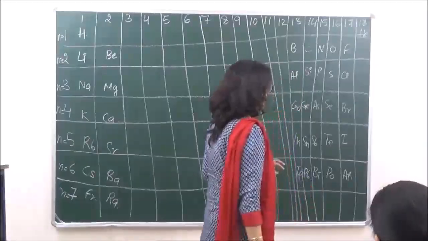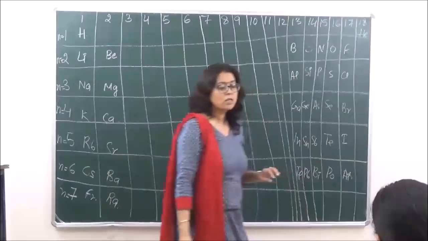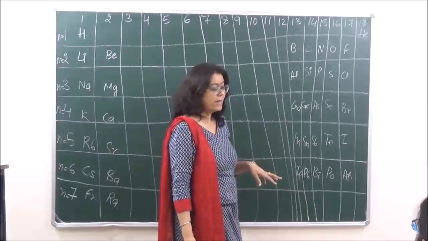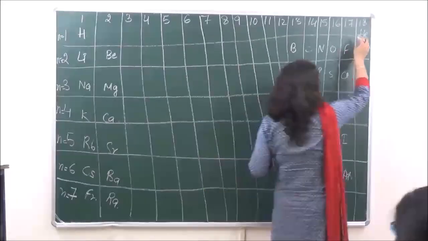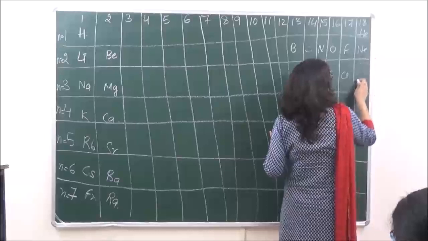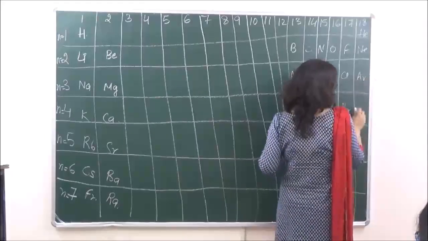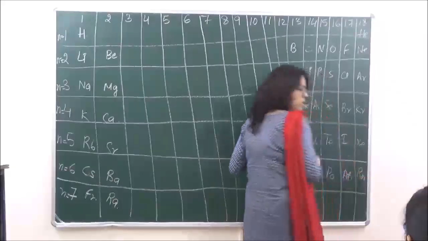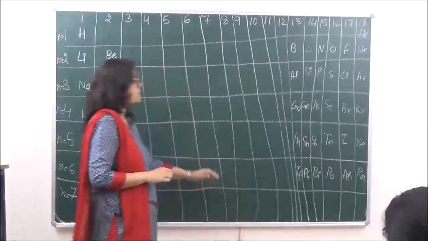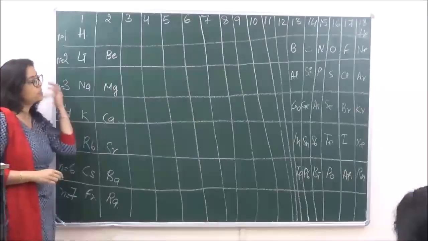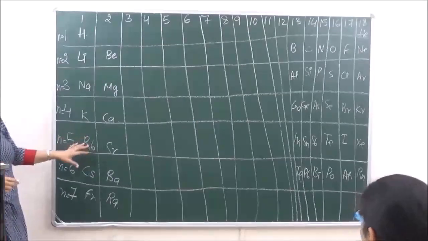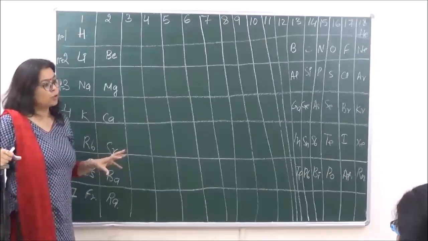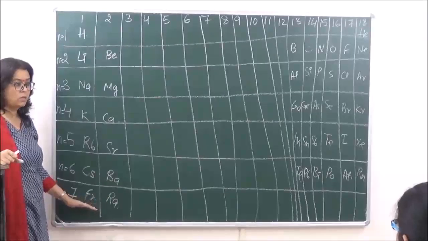And then last, the noble gases. The noble gases, they were not discovered during the time of Mendeleev. They were discovered later. Right? So next is helium, neon, argon, krypton, xenon and radon. Now below this is the main portion of the periodic table. Below the periodic table, the lanthanoids and actinoids have been separately put into different groups, which come below this.